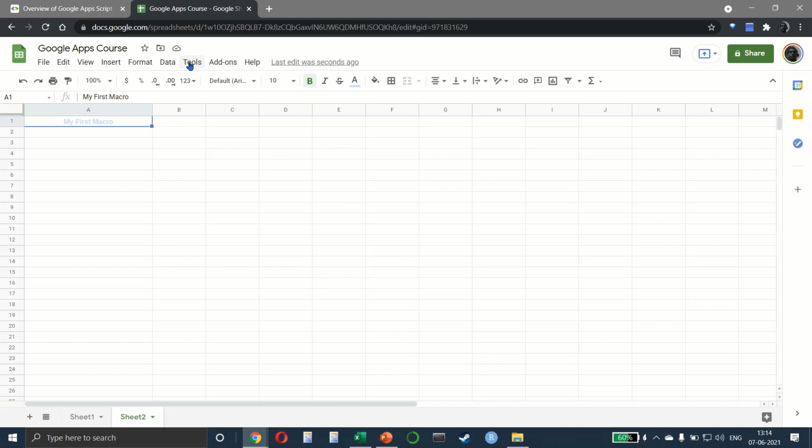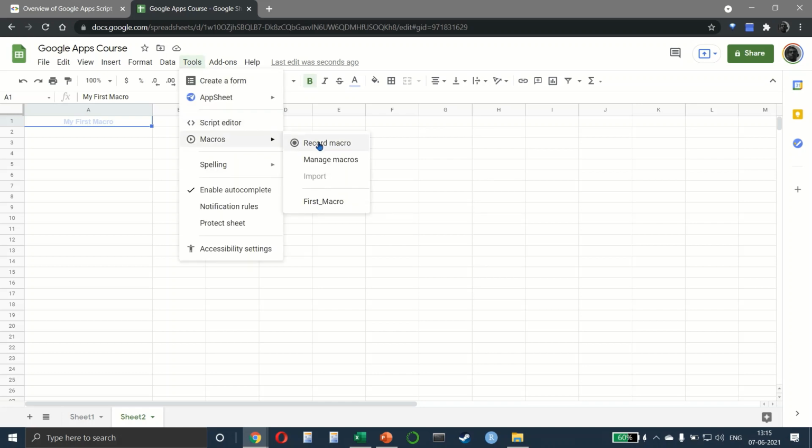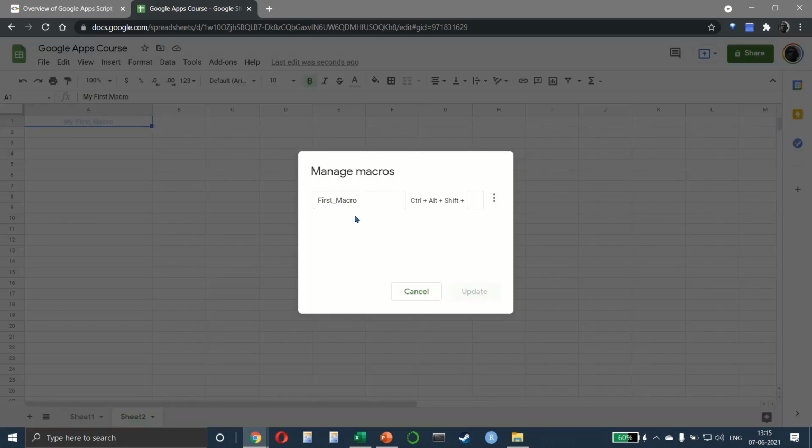Now let us see the script that has been written. So tools, macros, and then manage macros. We can edit the script